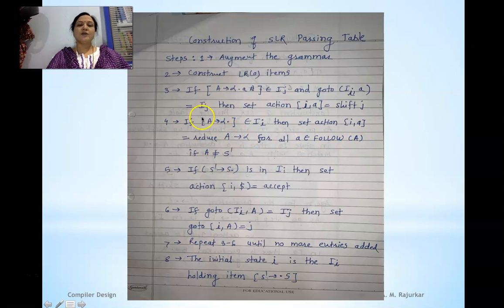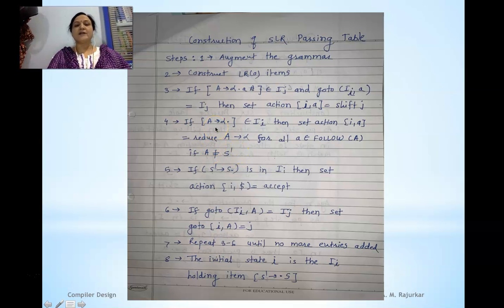So what does follow indicate? Follow indicates what is the next symbol after A. So there is a prediction that whatever symbol is in the follow of A will be available in the input buffer of the shift reduce parser. That is the prediction, provided this A should not be the start symbol of the grammar, because if it is the start symbol of the grammar, the action will be accept, the parsing will be over and not a reduction.